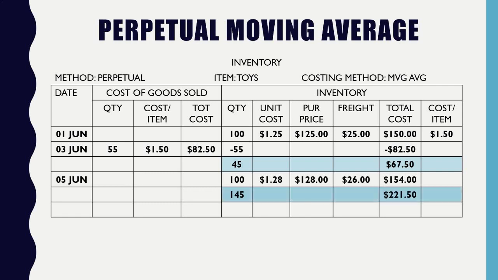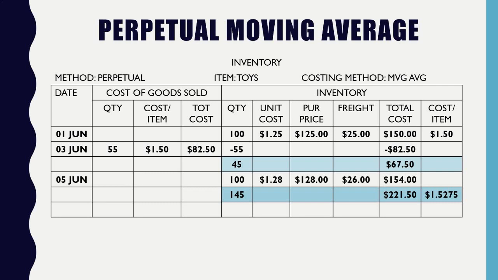So in this case, I need to stop for a second and say, well, now I have 45 left over. I just purchased 100 units, so therefore I now have a total of 145 units. I started out with $67.50, and I just purchased a batch for $154, so now I have a grand total of $221.50. Now I can solve for my average cost per item because I combined the units, and now I have my grand total, and now I'm going to spread the cost evenly amongst every single item that I currently have. So in this case, I'm going to take my $221.50 and divide it by my 145, and I get an average cost of